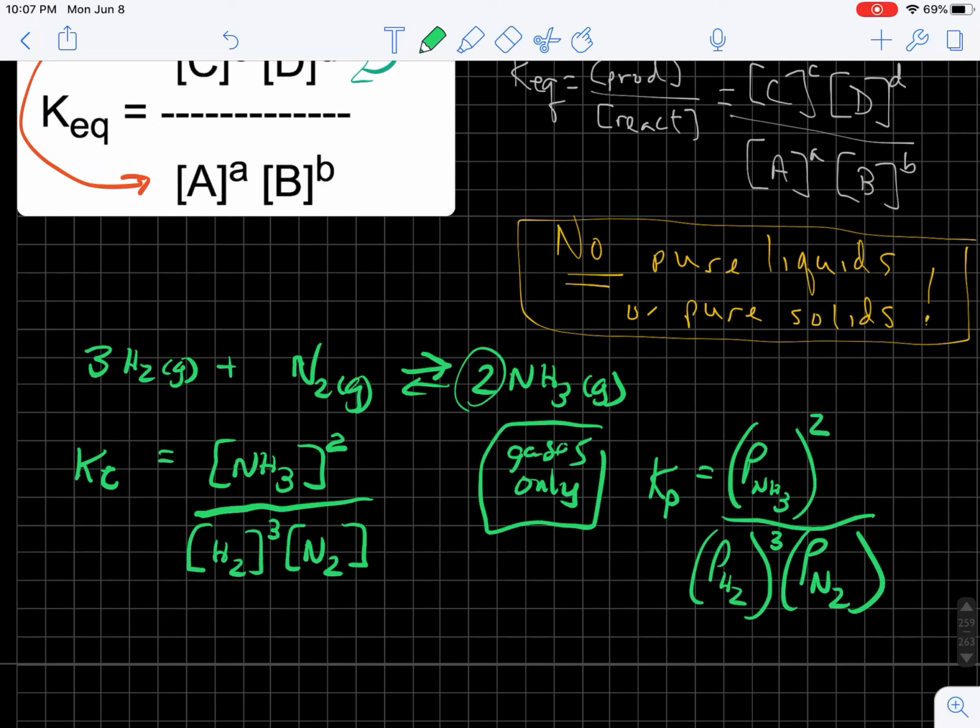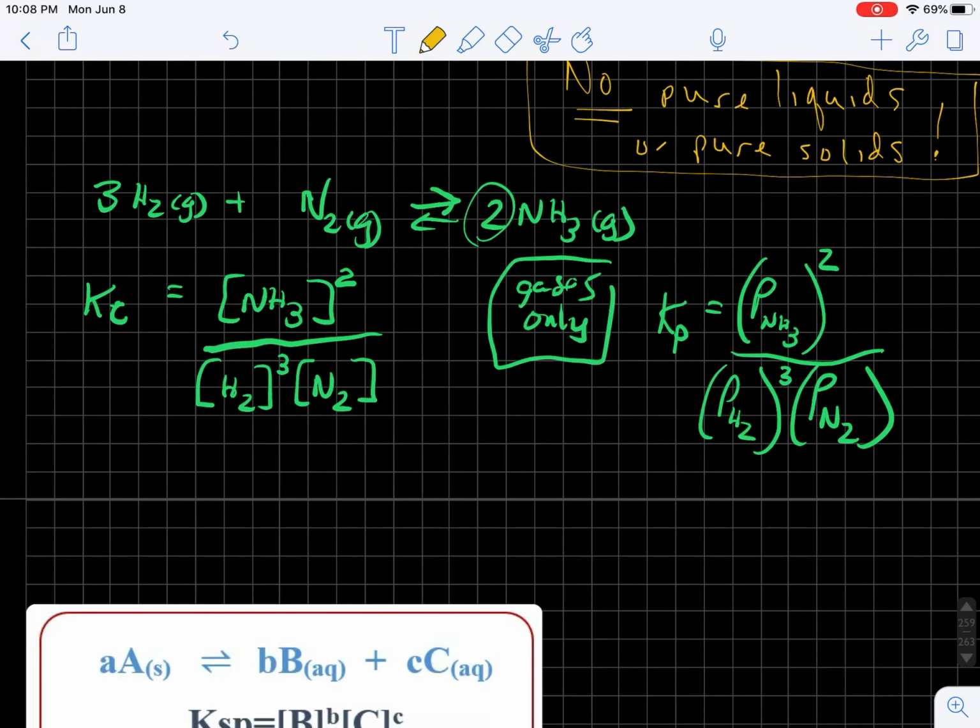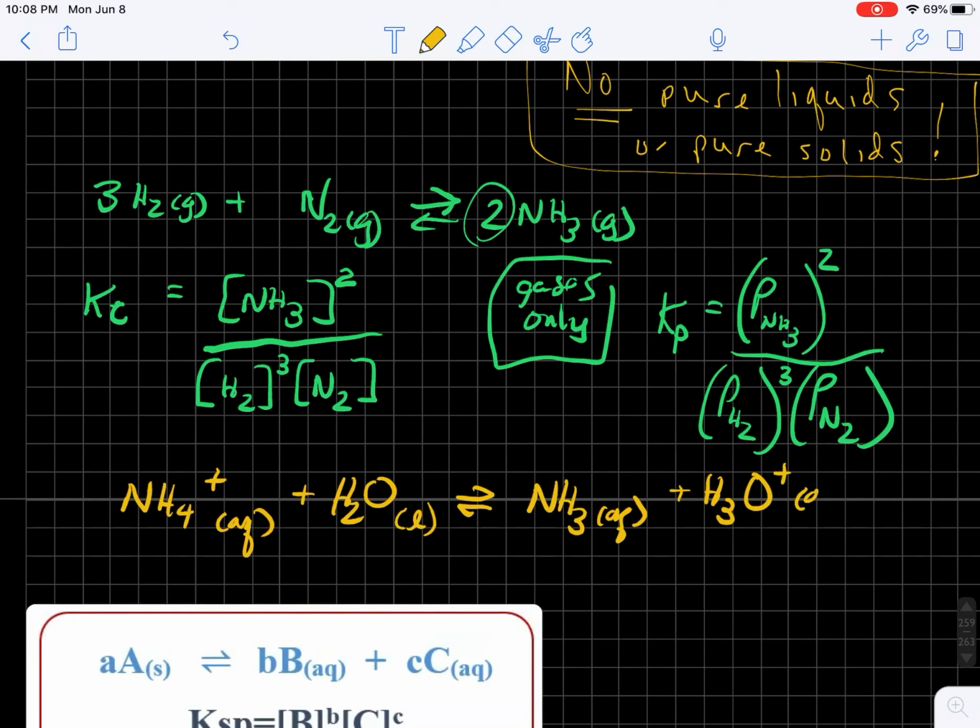Suppose we're doing the following acid-base reaction. We're going to take NH4 plus aqueous, and we're going to react it with H2O liquid. That's going to produce NH3 aqueous, and what's called hydronium, H3O plus aqueous. So now we have to set up a KEQ expression for this, and we'll still do products over reactants. So our products are ammonia